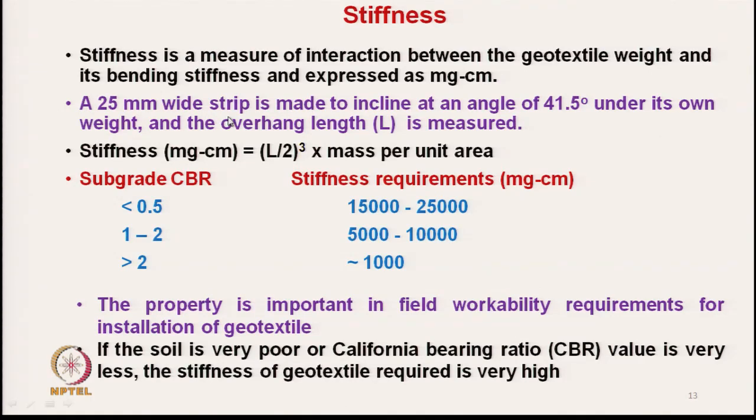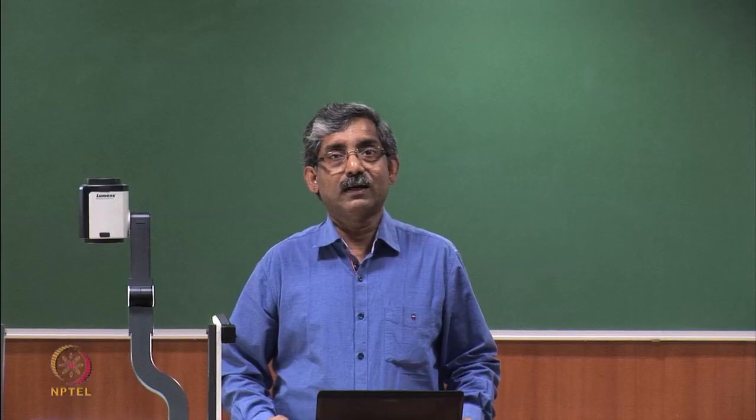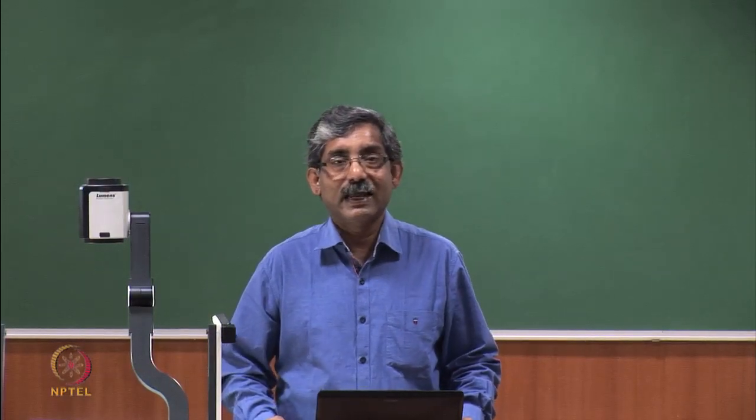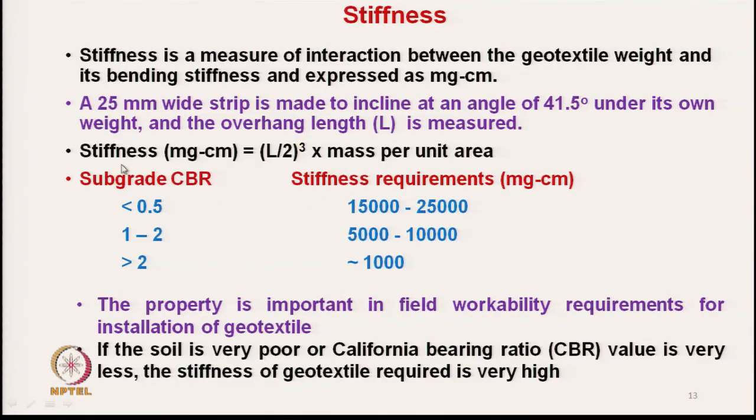Here also in this course we have discussed it in the functional textile segment. We measure the overhanging length L and calculate the stiffness value in milligram centimeter using the formula (L by 2) cube multiplied by mass per unit area, and this stiffness value is very important